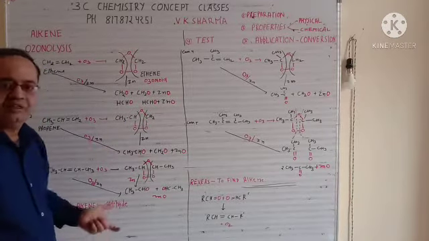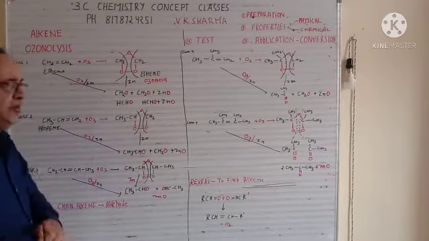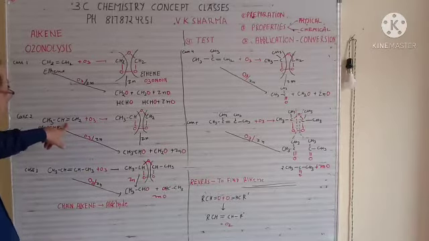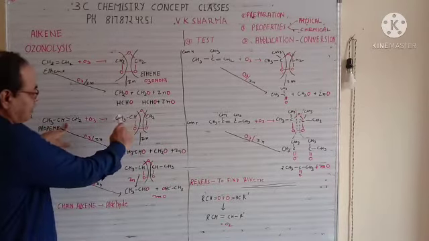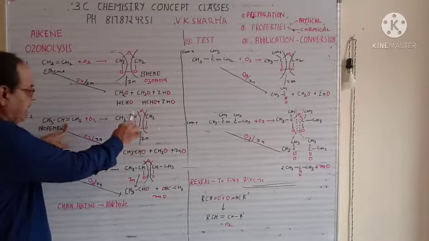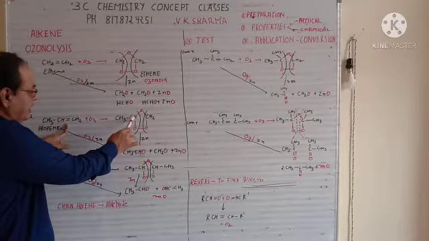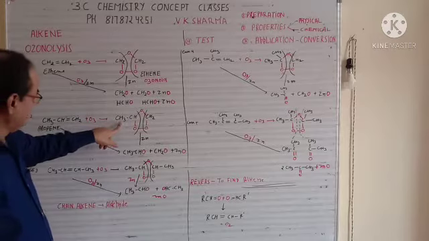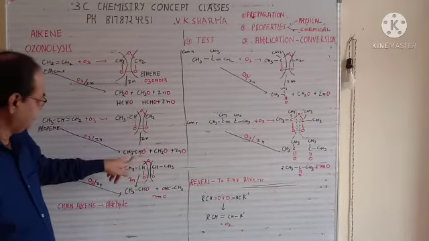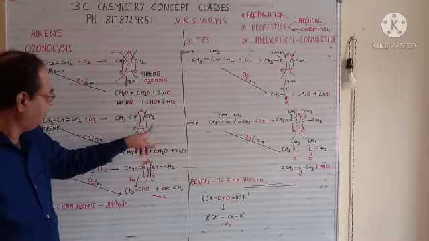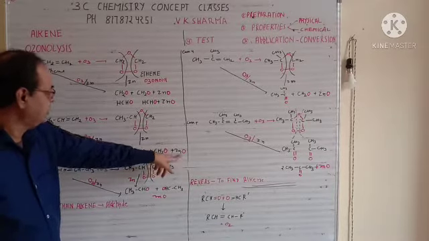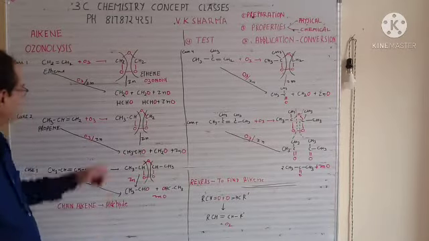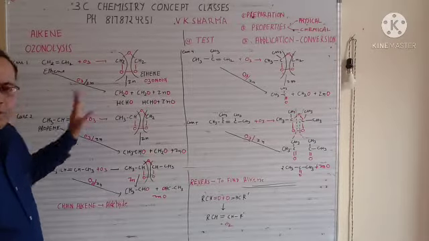Here the molecule can change, but the concept will remain the same. Let's take another example, the next case. We have taken propene and reacted it with ozone. You see here, the double bond is broken, and oxygen is adjusted between the two carbons having the double bond. After that, when you put the zinc here, each carbon will take one oxygen and one oxygen will be taken by the Zn. So you will get the products CH3CHO, that is ethanal, CH2O, that is methanal, plus ZnO. You can do it directly also: you put O3/Zn, and you will get the product directly. Same way you can do it here directly.